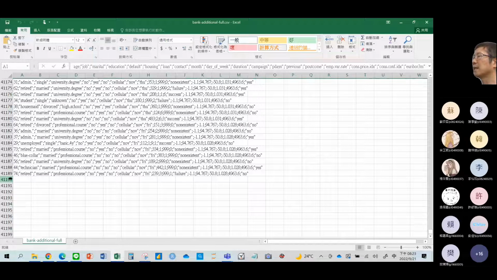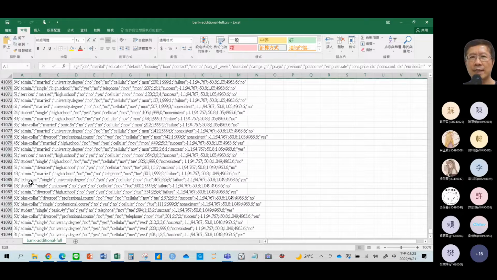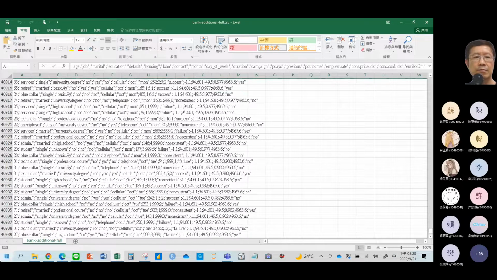It doesn't matter how big your data is. You have to be familiar with the process of data analysis. 只要你了解这个程序，资料量大小是没什么关系的。